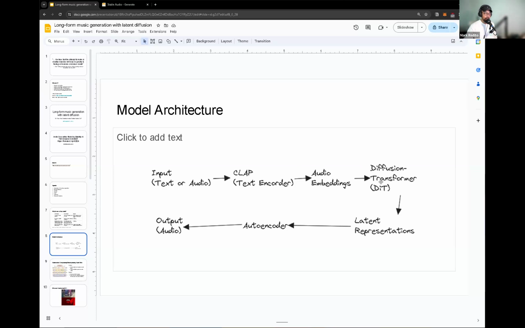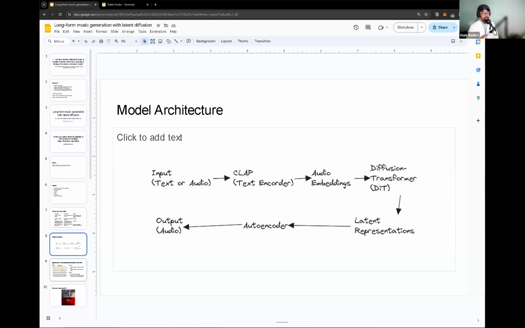And then the audio embeddings are passed on to a diffusion transformer. If you are familiar with Stable Diffusion, Midjourney, DALL-E, those image generation models are called diffusion models. And most of us here probably use ChatGPT, which uses a transformer model. So one thing that's novel here is that they combined a diffusion and transformer into one. Once it runs through the diffusion transformer, it spits out representations of the data,